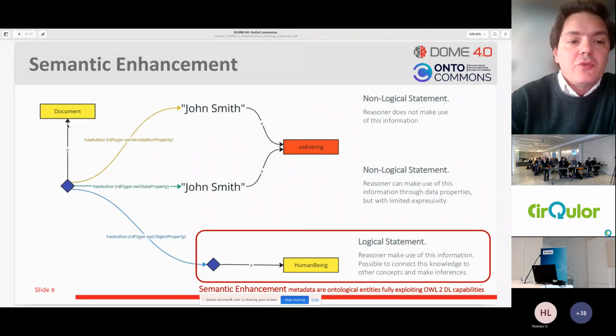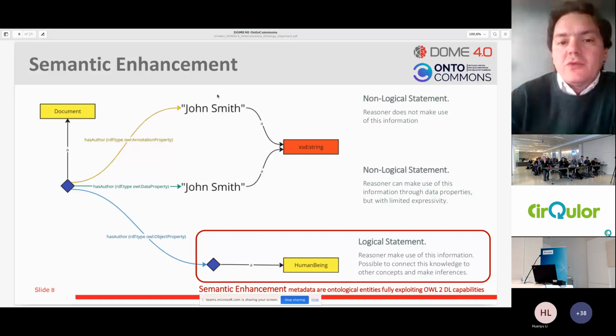So for example, if you have a document that is instantiated as an individual, what you can do to document this individual is to use an annotation property, so you attach simply a text string to this document. Or you can use a data property in OWL to say that this has author John Smith. But these two ways to document a dataset make use of non-logical statements.